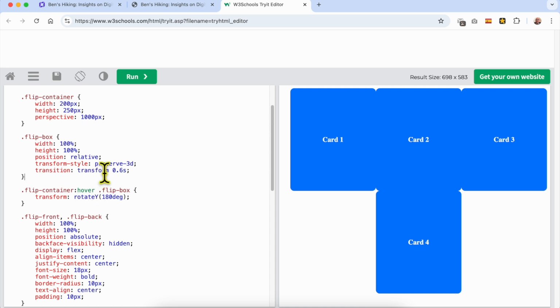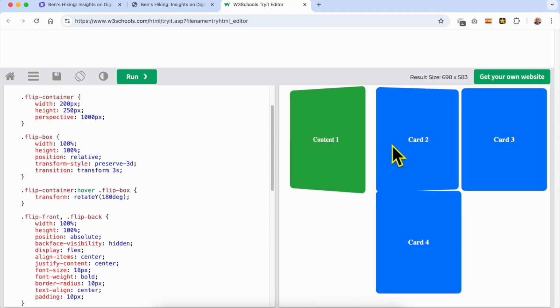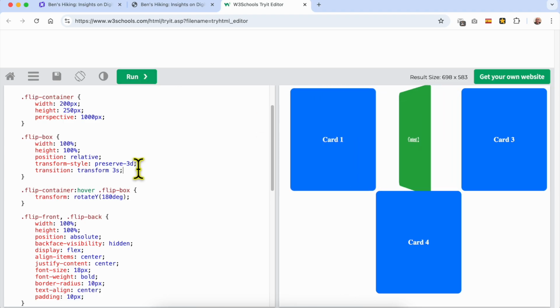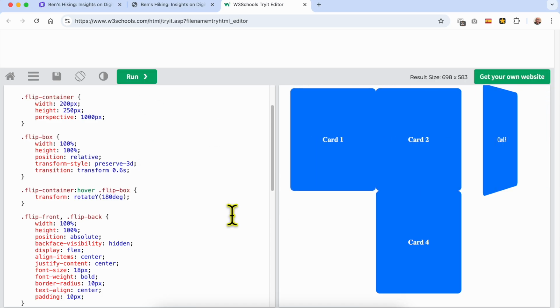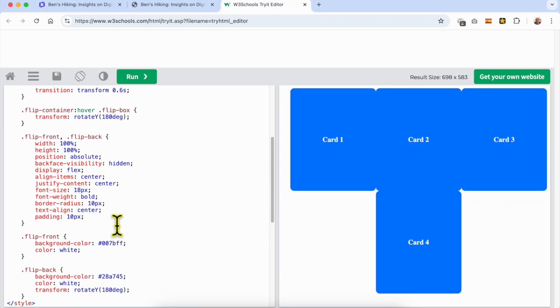Position, transform style, preserve 3D transition. I think here you can edit the transition time. The default transition time, or duration, is 0.6 seconds. I will make it 3 seconds. I think the flip effect will be slower, so I will go back to the default duration or flip duration,